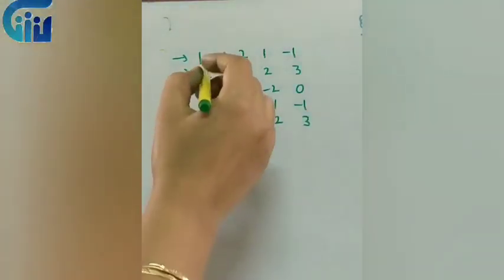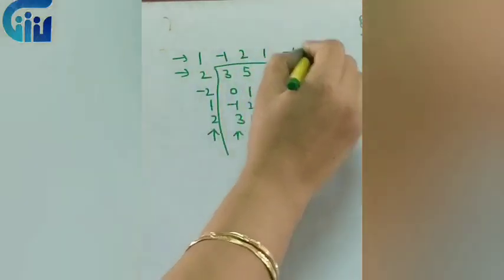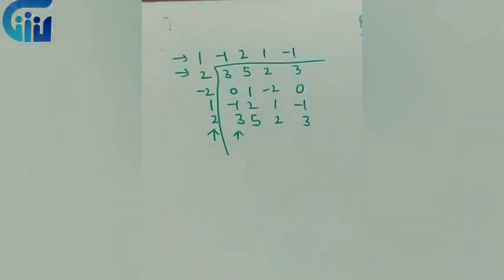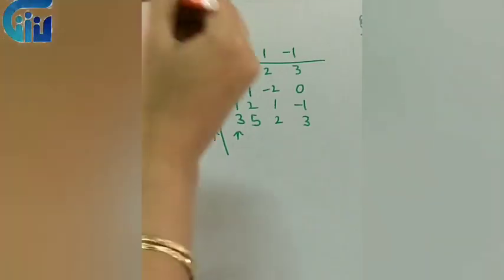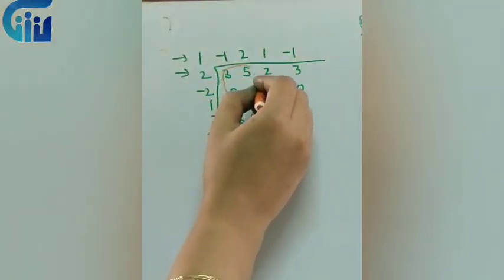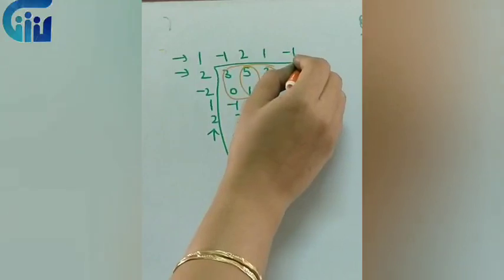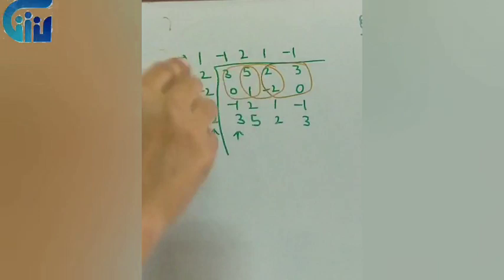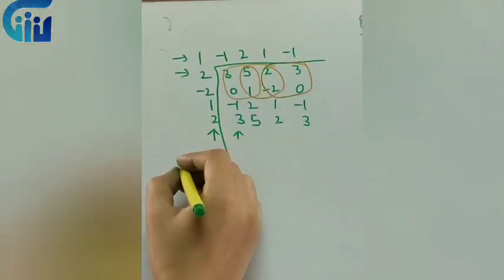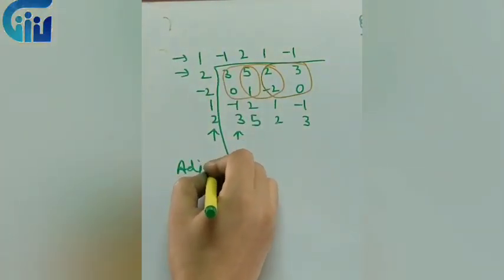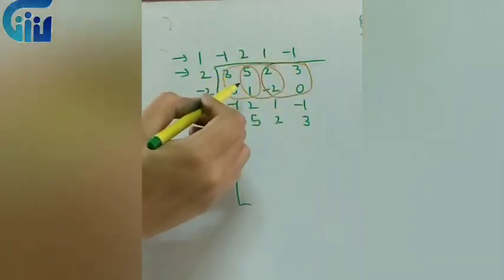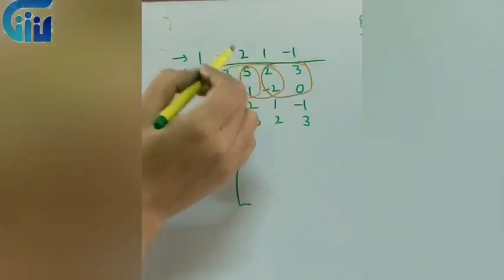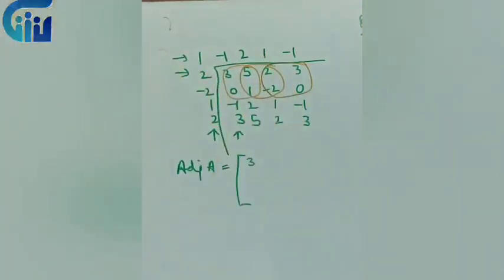Okay. Once it is done, I'll cover it like this. Now we have to make pairs like this. I'll have this pair, this pair, and this pair. Now I'll keep on finding the determinant of each pair and write it in the form of columns, because I'll be directly getting the adjoint. So let's see what I'll do. 1 into 3 is 3 minus 0, so it will be 3. So I'll write it over here. We don't have to take into consideration any sign or anything. It is simply a trick. So I'll directly verify my answer like this.